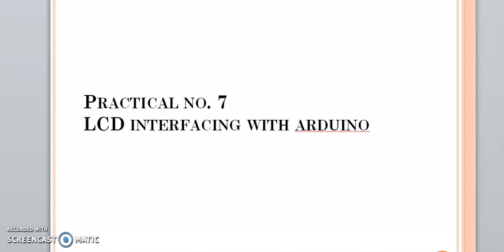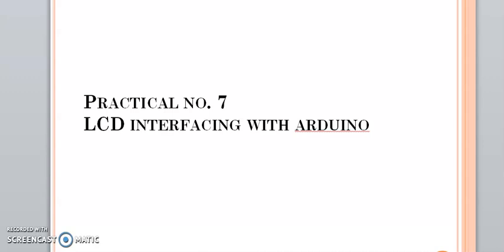In our daily life you are going to see the watches, mobile phones, calculator. The display that is used is nothing but the LCD display. So it uses the liquid crystal technology to display the characters on the LCD module. So let us first of all understand what is LCD module, and then we will interface that LCD module with Arduino Uno and program that for different purposes.